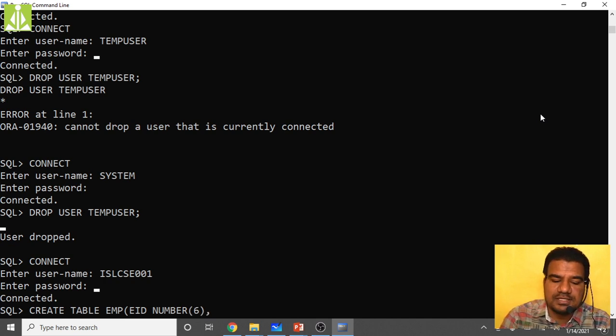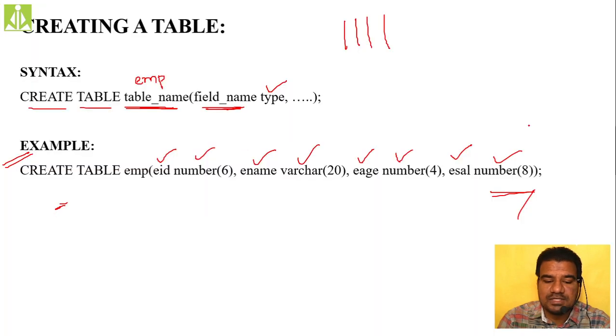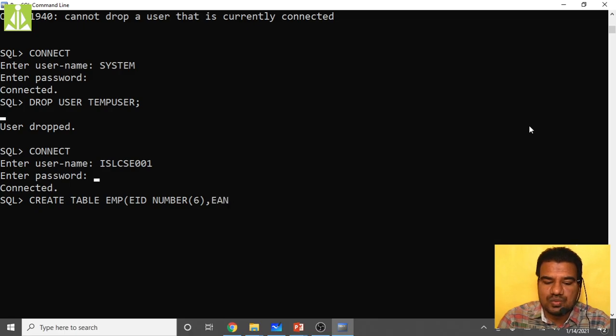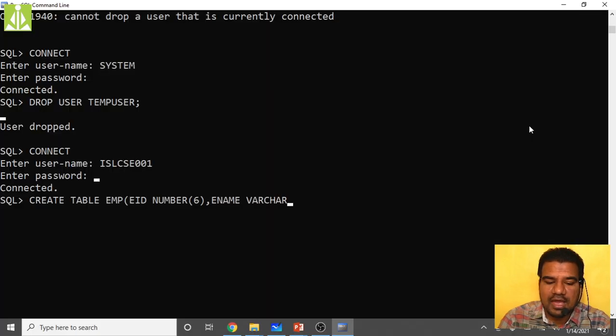EID number of 6 comma, okay, like this I will take so that you can see it clearly. EID employee EID of 6, then what we said, ename, the type is varchar of 20, varchar of 20, varchar is a type.